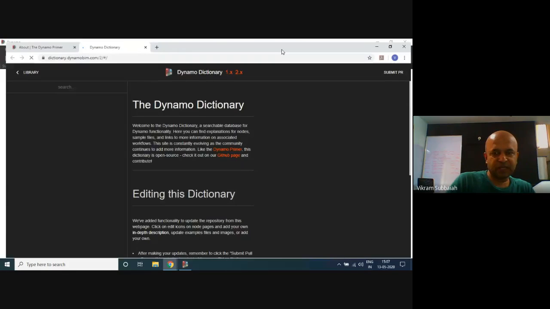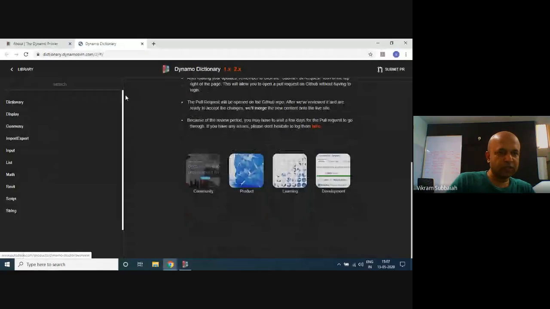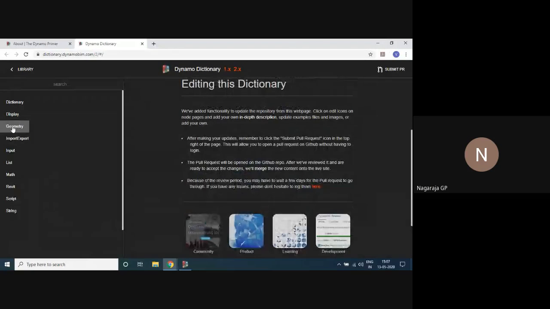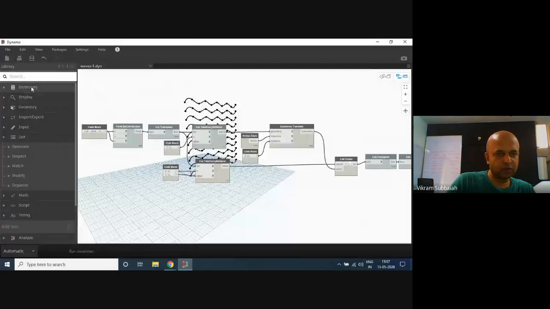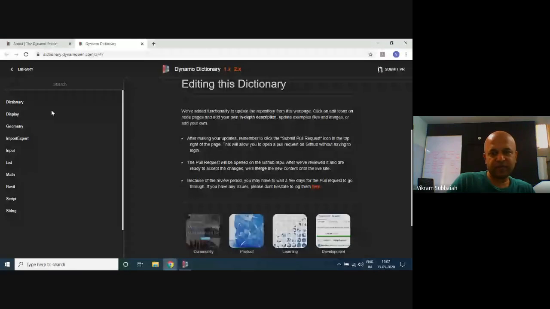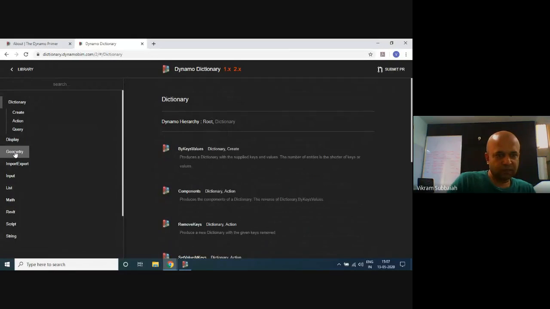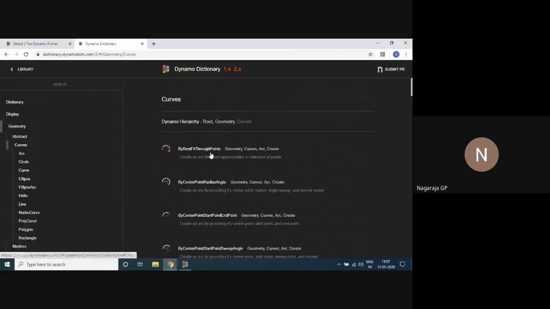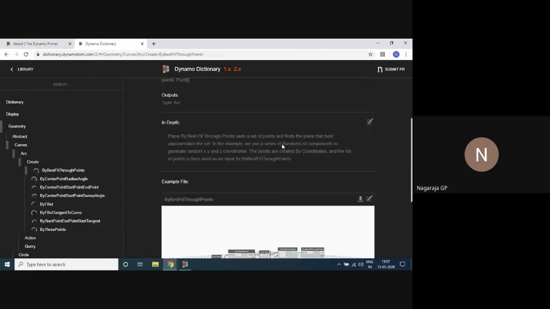The Dynamo Dictionary has a list of all the nodes that are there in Dynamo. You have explanations, and in some cases basic ideas on how you can use it. It gives you little demonstrations of how to use each of these nodes.